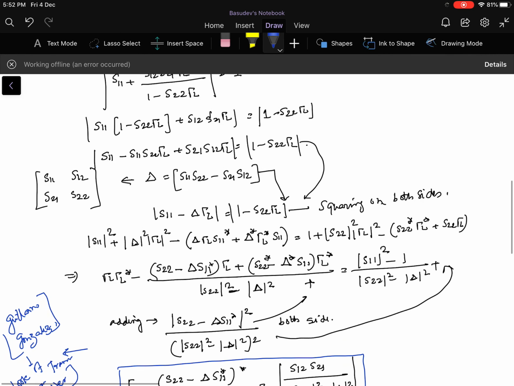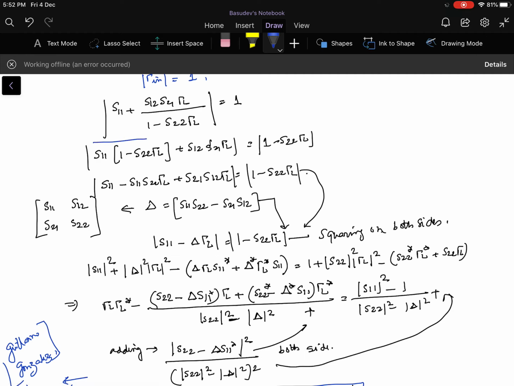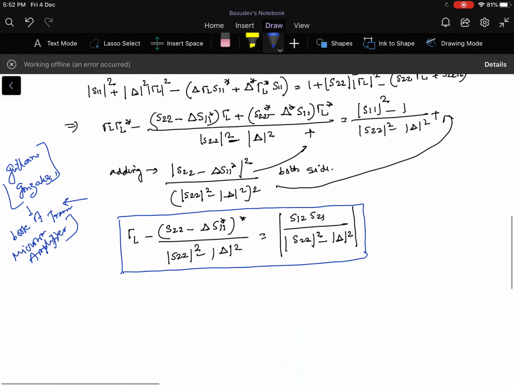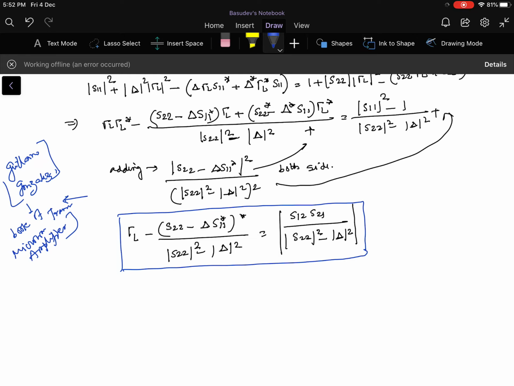The point is how I got the derivation. I started from a basic equation where |τin| equal to 1 was there. Why? Because I am starting to investigate the stability. So as the starting condition, I have put it equal to 1. And greater than 1 is actually the lead for oscillation, less than 1 is for stability. So with 1 I have started and got an equation, and this equation is known to you because it gives a form |τ minus C| equal to R, where I can identify C and R from the expression, and this equation is nothing but an equation of a circle.